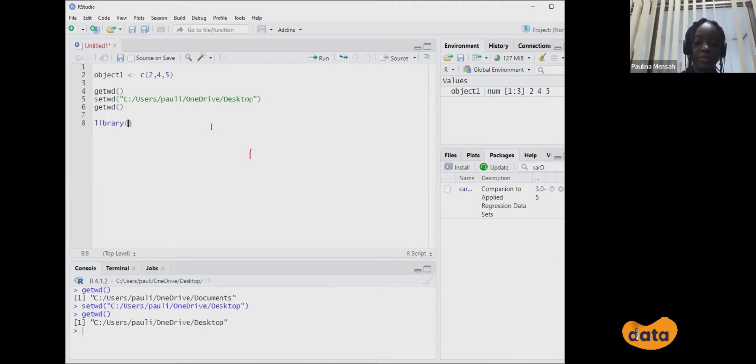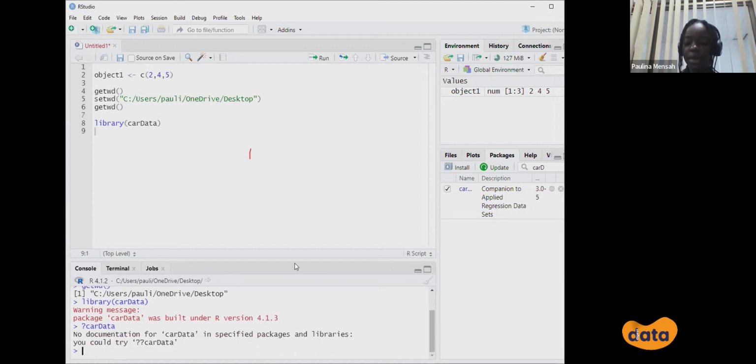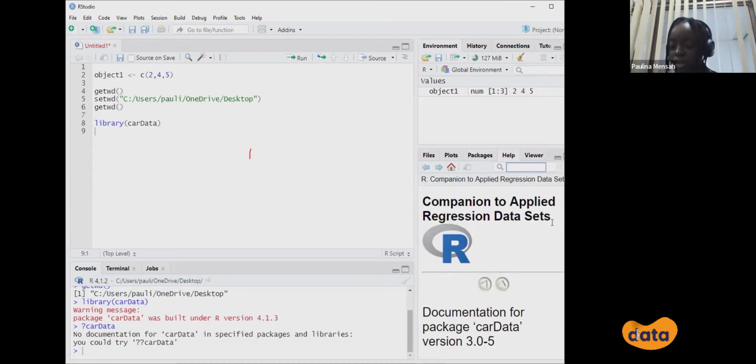So I can just load this package, and car data has sample data sets for you to practice on. So it's a pretty useful package. So let's say we want more information on car data. I can come to the console and use the question mark sign. That's a way to ask for help. So there's no documentation over here. Maybe I can just click on the package itself. Okay. So